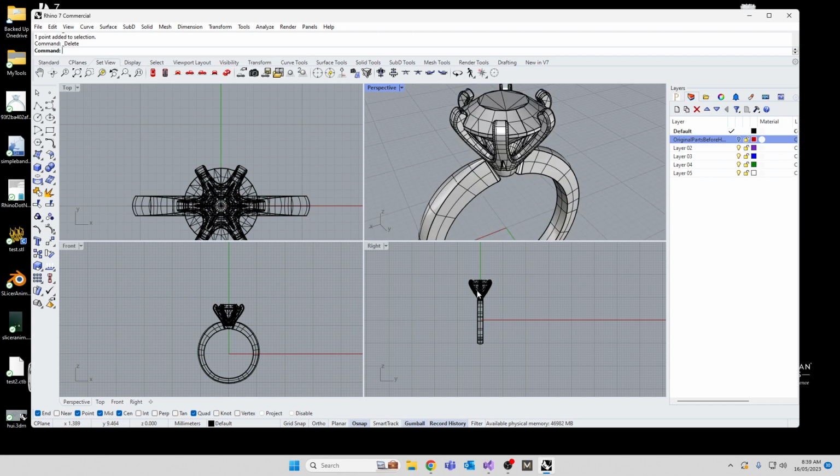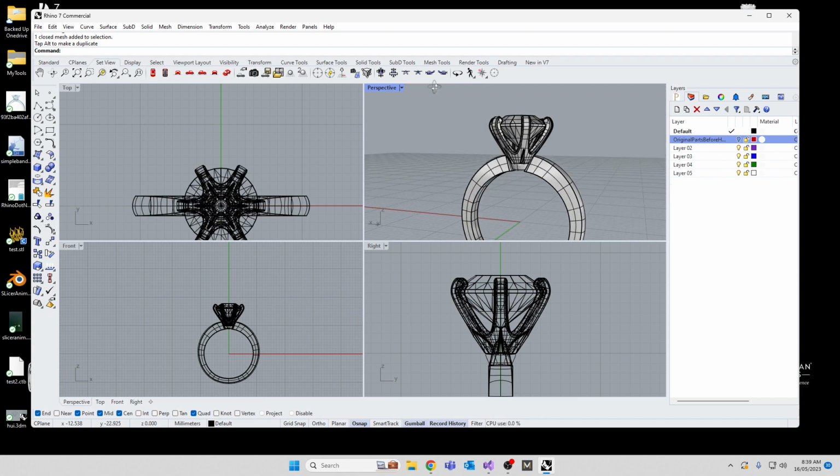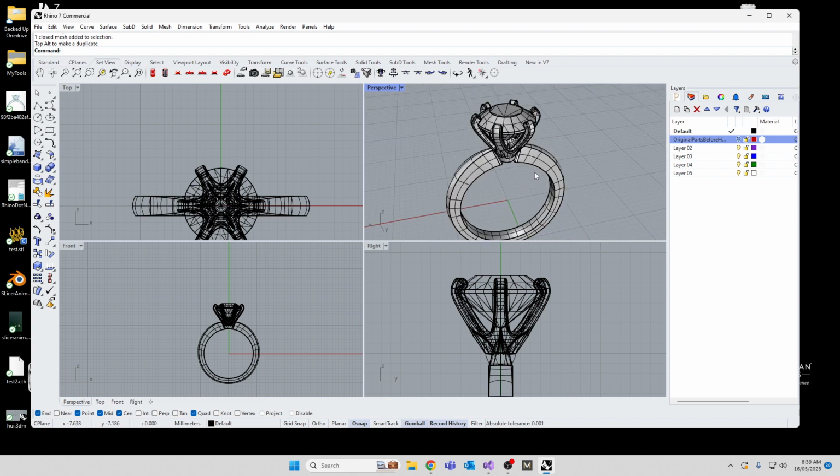Oh, that's nice. Okay. And you've got a big 1.5 carat Tiffany ring. I'll save the file for you. Thank you so much for the tutorial. No worries. I think the basic tool I need